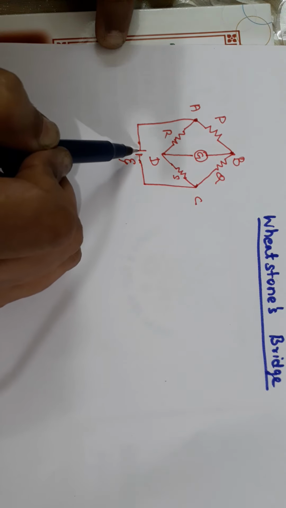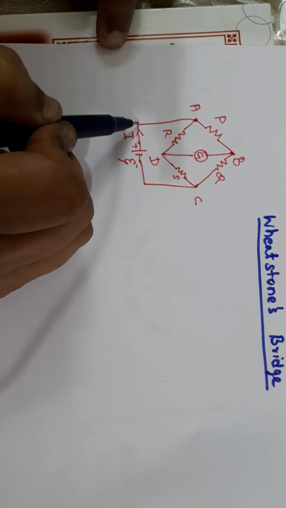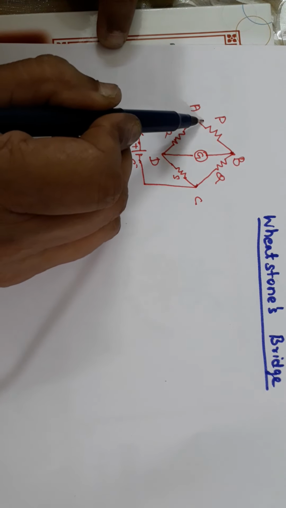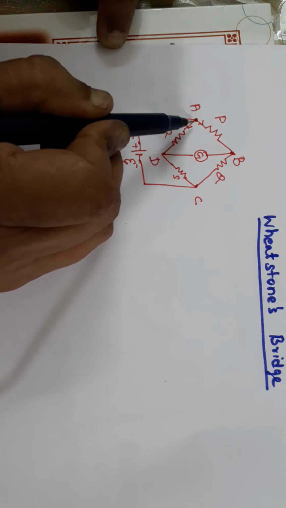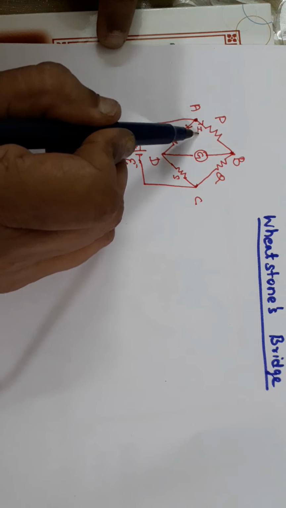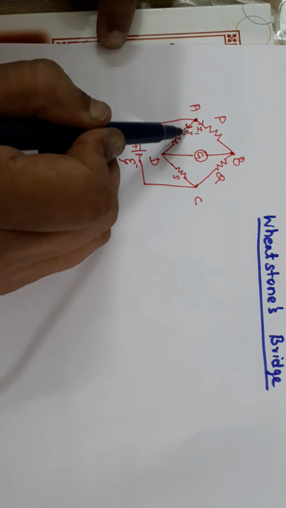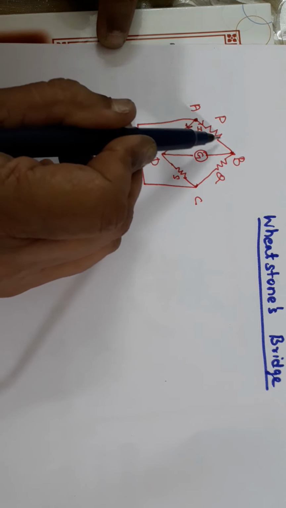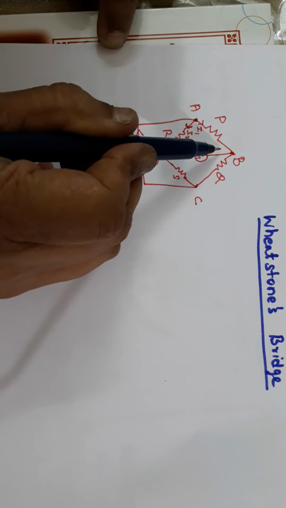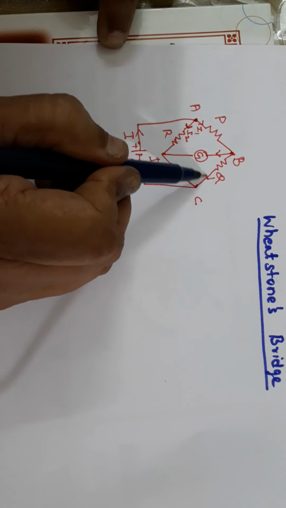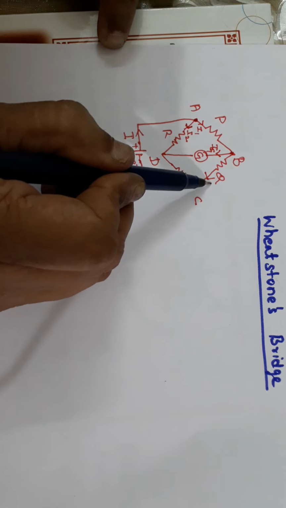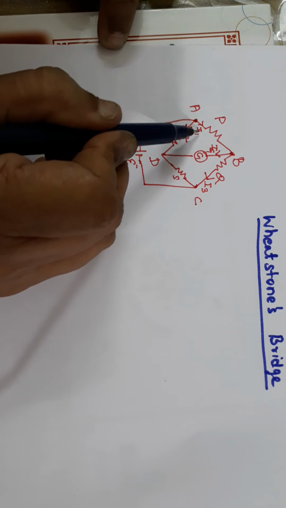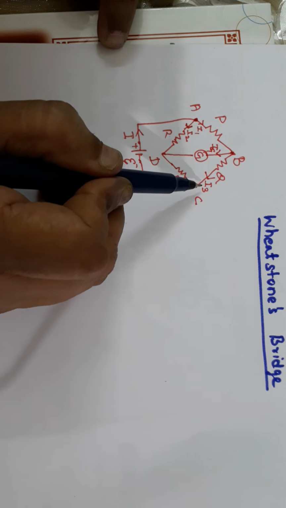You know that current always starts from positive. So current I, when it goes up to the junction A, splits into 2. At this point A, I current splits into 2. Let it be I1, and this current I will name it as I2. The current moving up to the junction B splits into 2, right? Now the current through the galvanometer I will write as Ig and this current I will name it as I3. Already I1, I2 are here, so let it be I3.